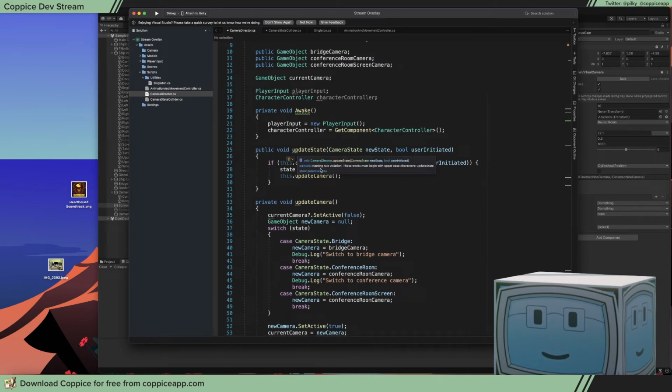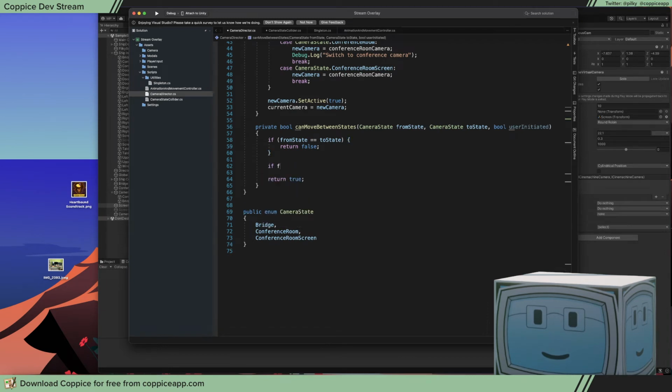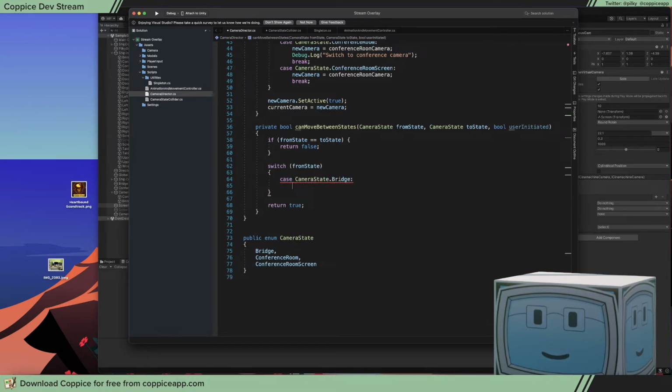In fact, while I'm in here, if state is equal, oh, switch state, case, so if the from state is bridge, then